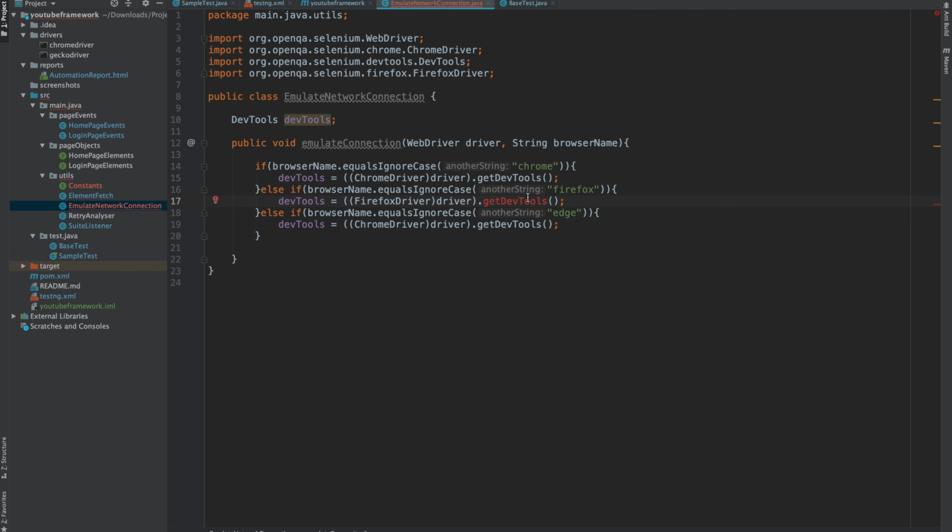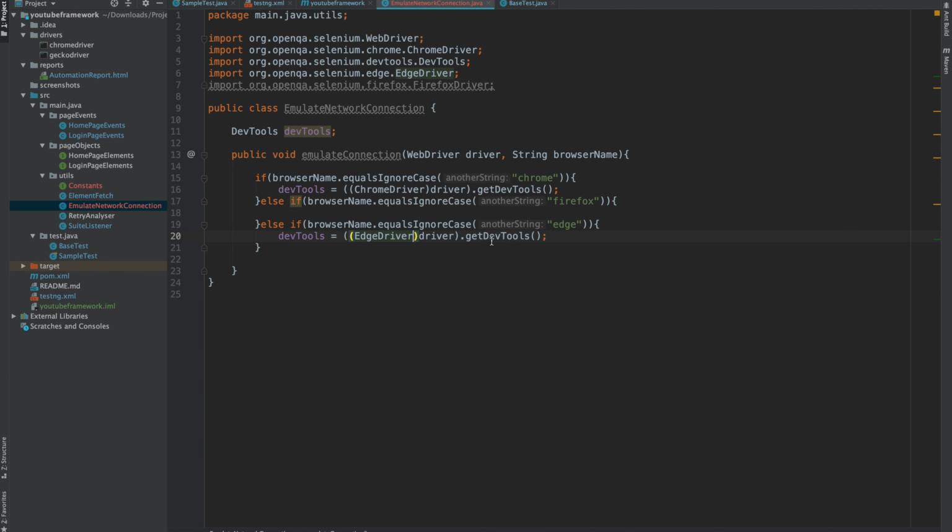And now you can see that it is again giving me an error. This is because Selenium currently doesn't support the different types of network connections in Firefox. It is supporting it in ChromeDriver and in the EdgeDriver, but not in the FirefoxDriver. So we cannot really do anything about it right now. Might be in future that they will be supporting it in Firefox as well. So I'm removing this line from here, and if I put EdgeDriver here, it is currently getting supported as there is no error being shown.